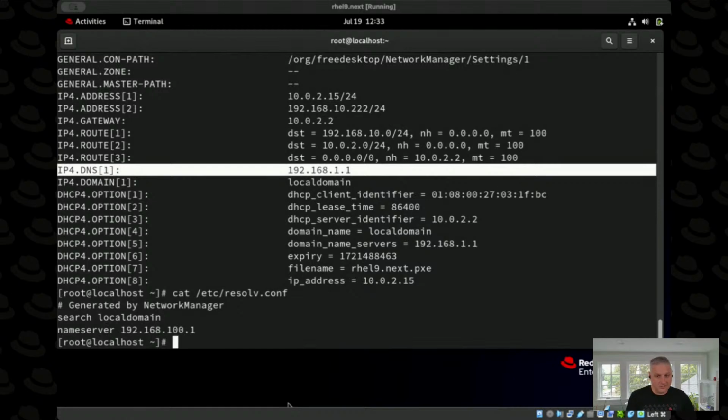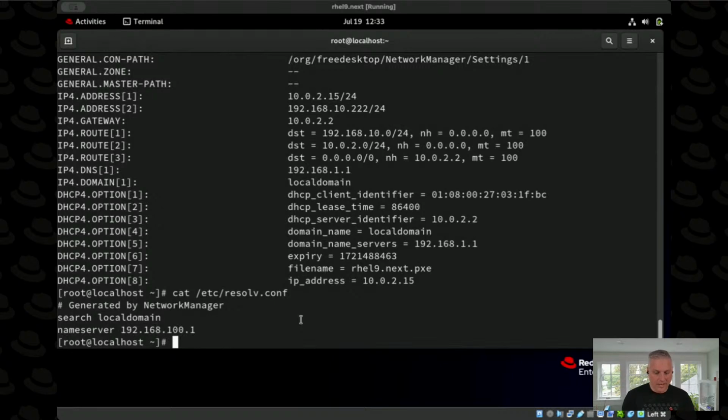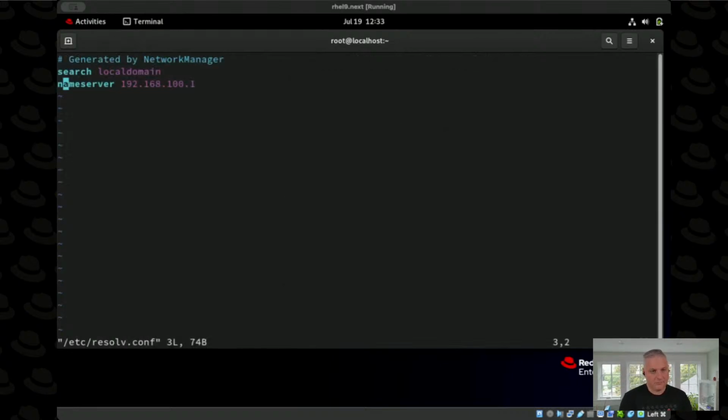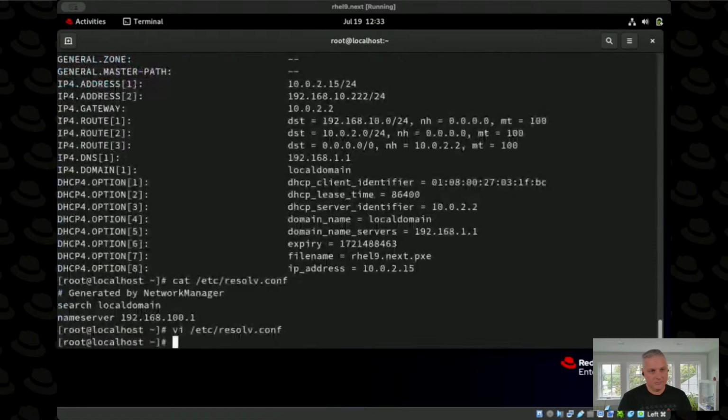And you may have noticed that there's a comment in this resolv.conf file which says, this file is generated by Network Manager, which means don't manually change it. And somehow the name server entry was changed to not match what was provided by our DHCP lease. So I'm going to go in and manually change it back. Now it matches the DNS server that was provided to me as part of my DHCP lease on this